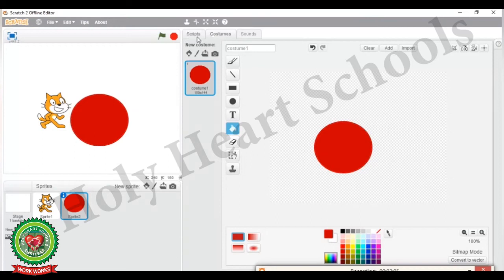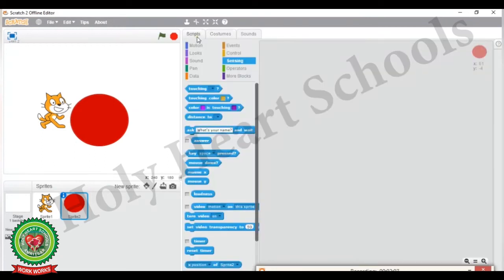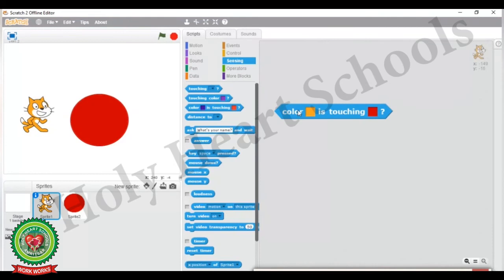Now click on Script tab, then click on Sensing block. There you can see the block "color is touching". Now our cat sprite is away from this red sprite. So if I double click on this block, it will return false because our yellow sprite is not touching the red colored sprite.